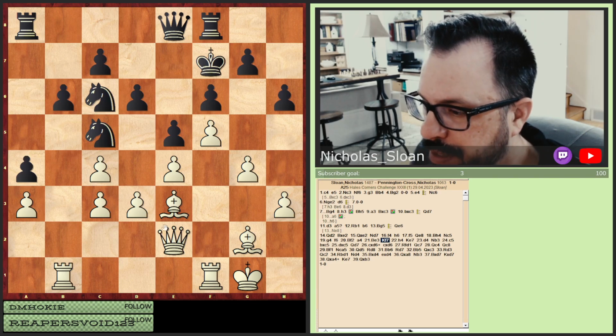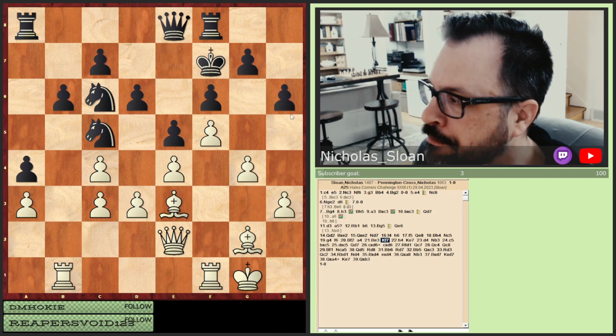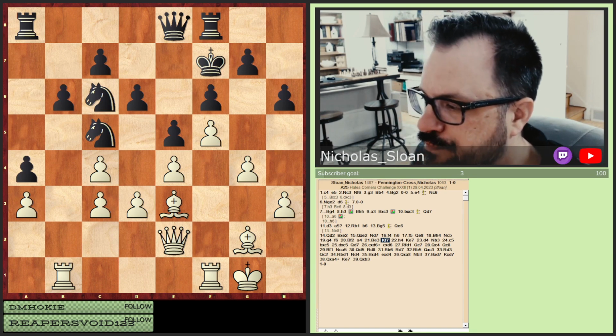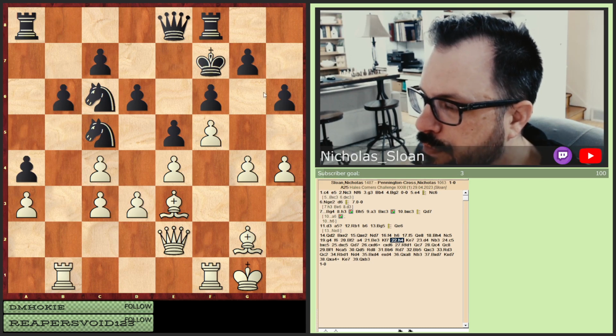I'm going to let his king be in the center, and I'm going to strike in the middle and blow it all up. Because now his king's not in a safe place. He's moved it towards the center of the board, and there's still major pieces on the board. It's just not good. So I play one more waiting move, making him believe that I'm going to continue on